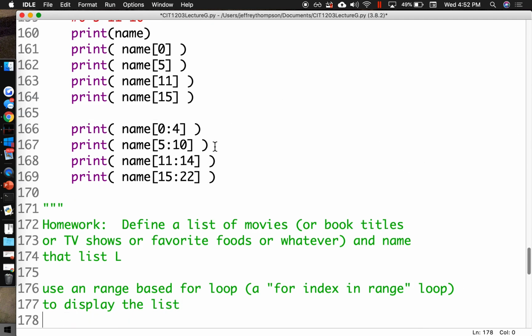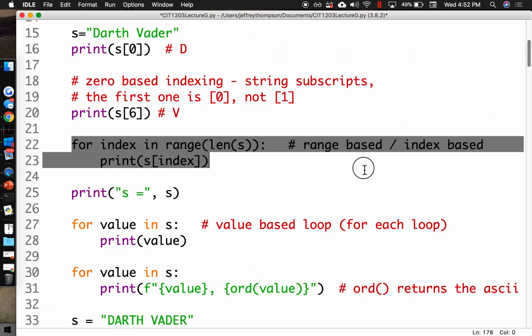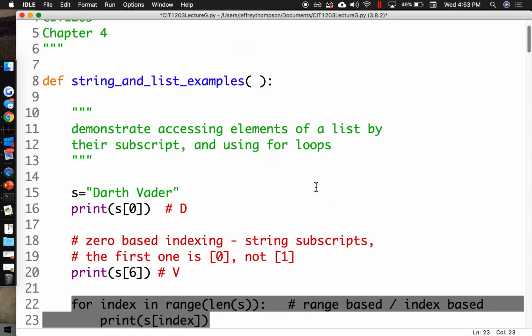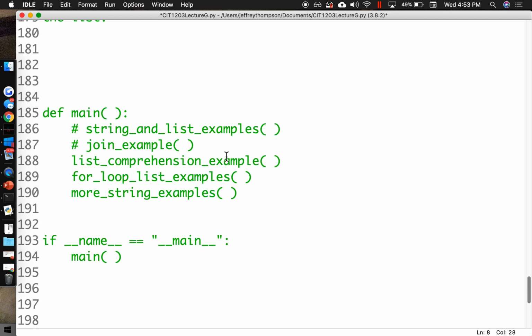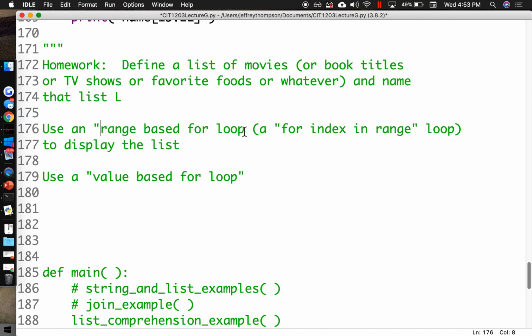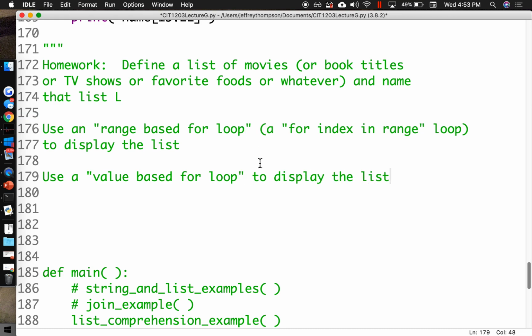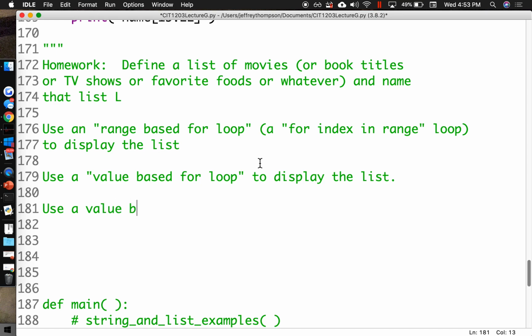There are examples of that up here at the top, just like that. Okay. That's in the string and list examples. Then, I guess I could actually use sentence caps, right? Use a value-based for loop. And we've done plenty of examples of this to display the list. Use a value-based for loop